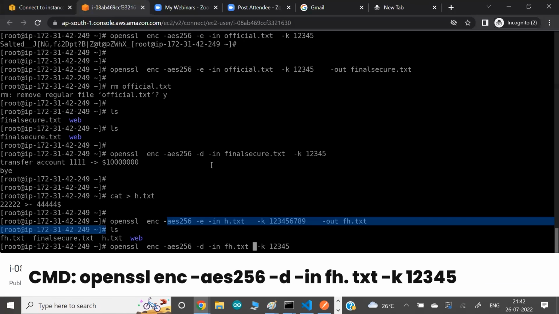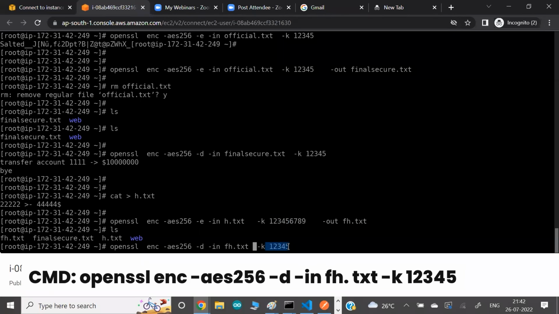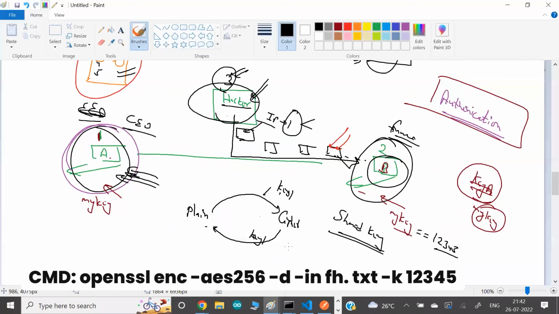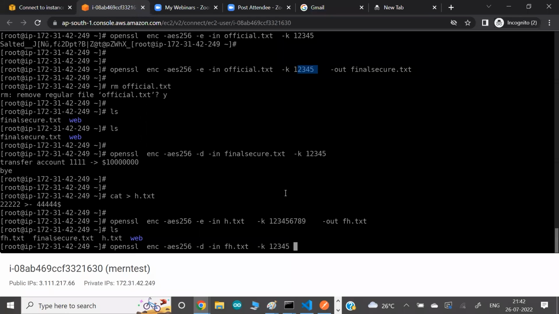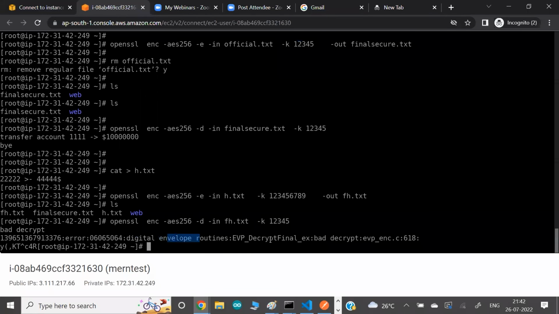this won't be breakable. The only thing is that the hacker doesn't know this key. They try to use their own key, but they don't know the actual key, which is in my system and in B's, because this key is a shared key that only two parties know. So first they run this command and it fails. They are not able to decrypt it. That is a very quick proof